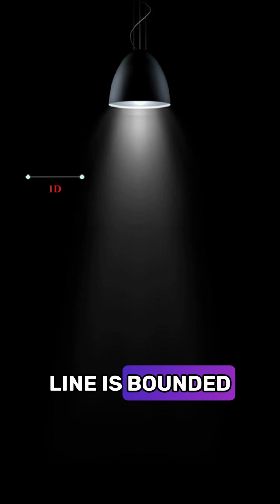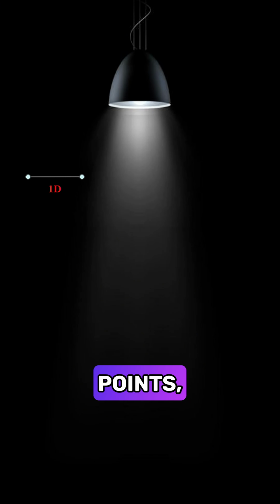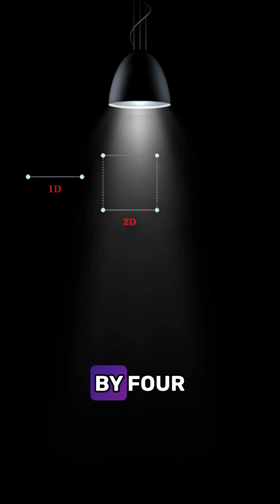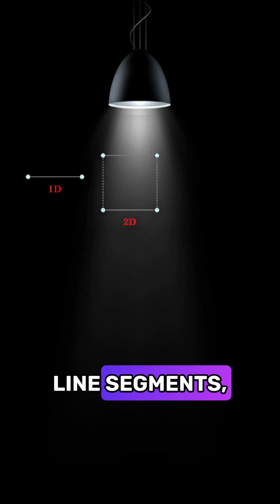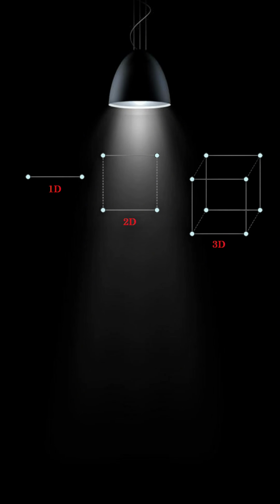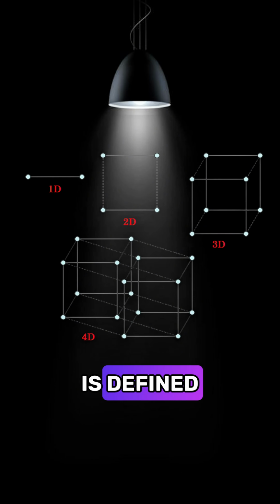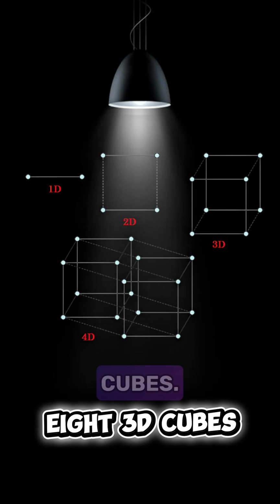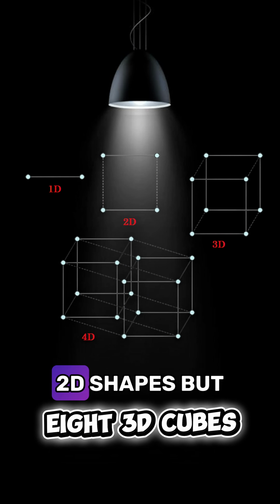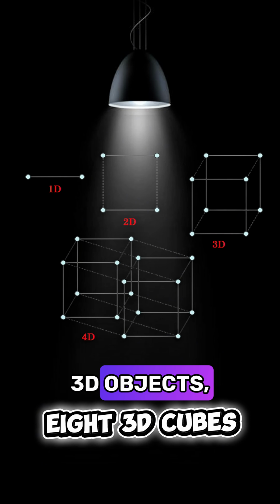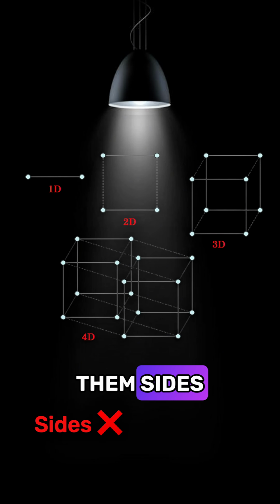What does that mean? Well, a one-dimensional line is bounded by two zero-dimensional points, a two-dimensional square by four one-dimensional line segments, and a three-dimensional cube by six two-dimensional squares. Therefore, the boundary of a tesseract, a 4D cube, is defined by 8 three-dimensional cubes. And because the boundaries are not 2D shapes, but 3D objects, that's why we don't call them sides anymore, but